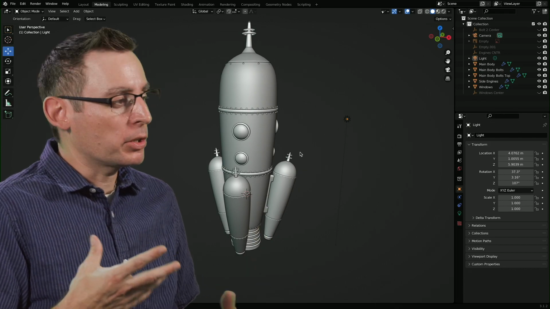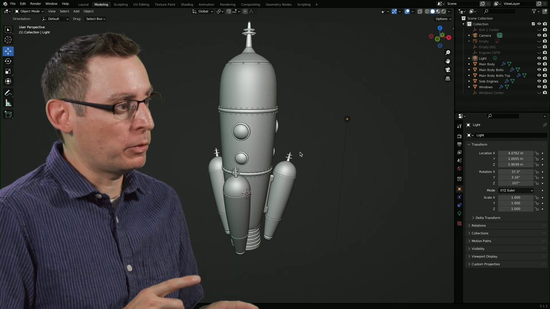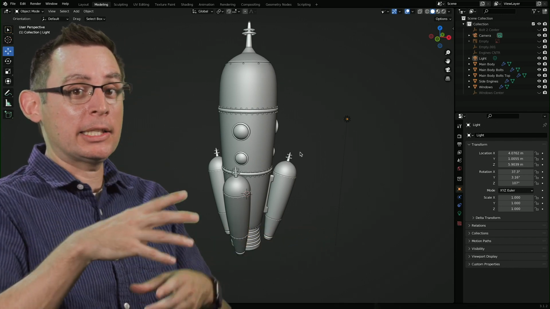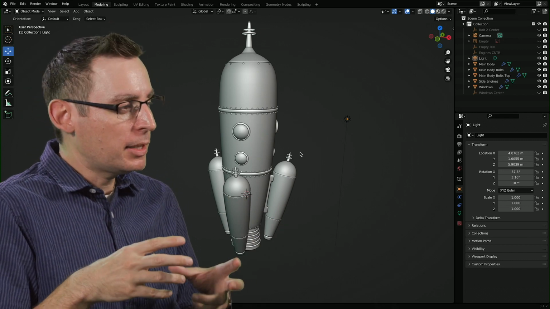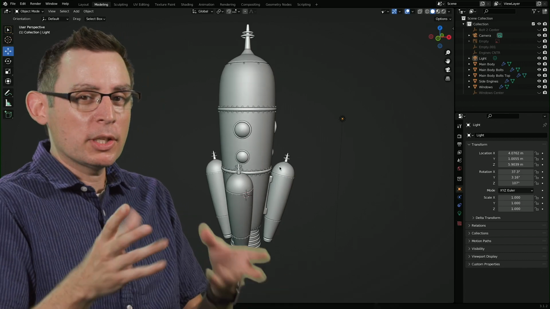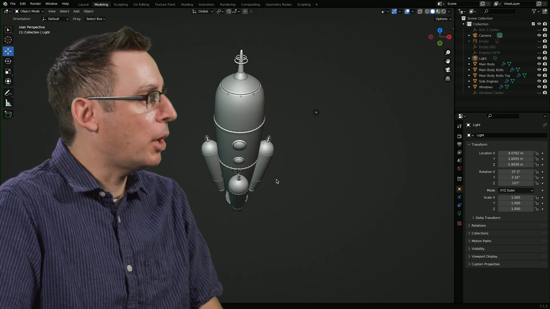When we're working with renders, especially outside renders, that ground shadow is super important for us. That ground shadow is going to help our audience understand the size and the scale. It provides just a little bit of spatial understanding so that they can understand the proportions of this. Without that ground shadow, it's going to feel a little ambiguous. So let's go ahead and add a simple little object in here.